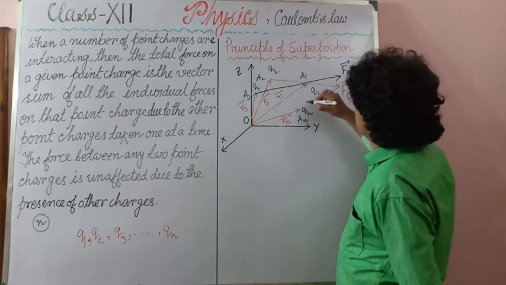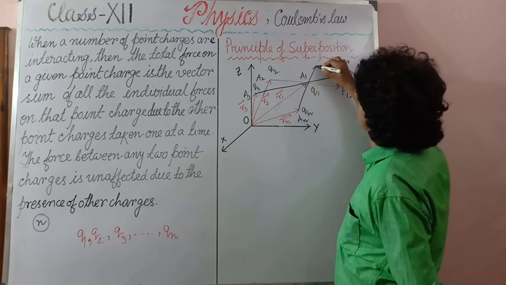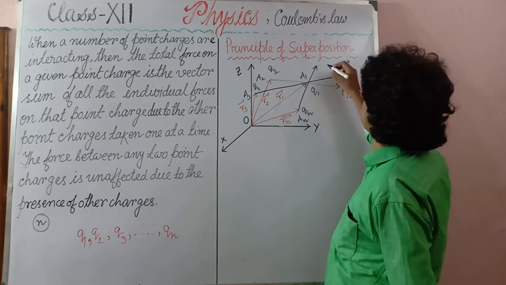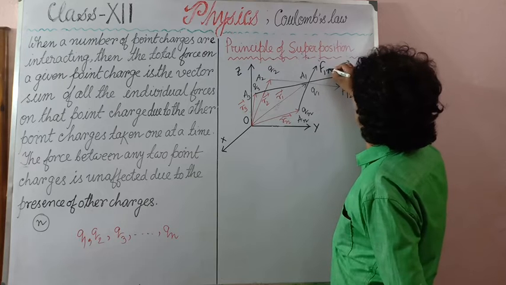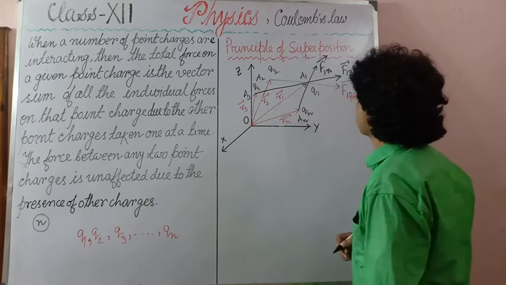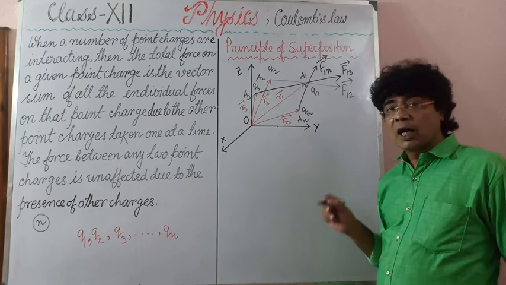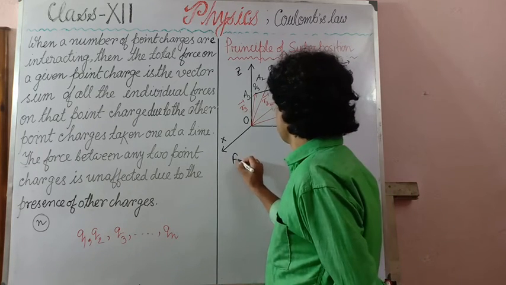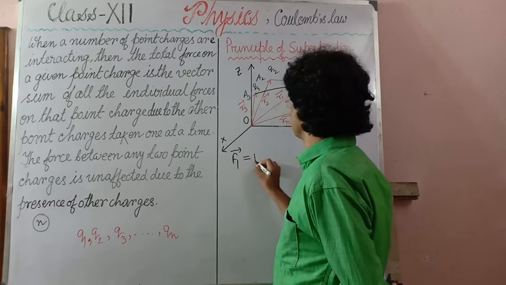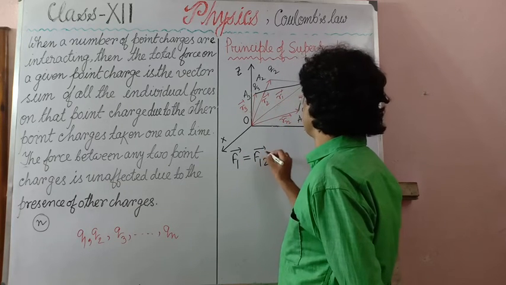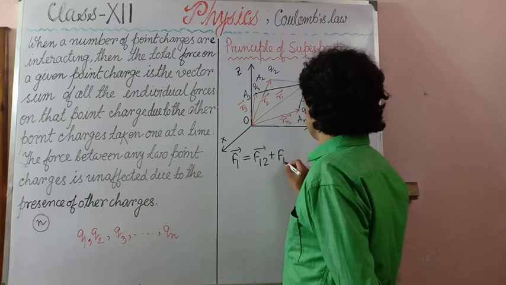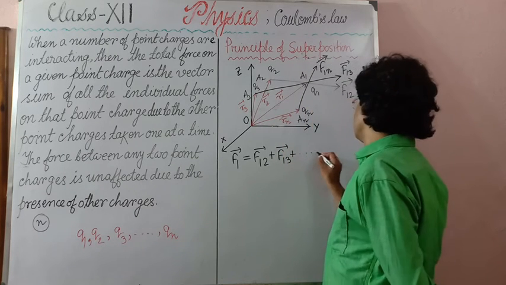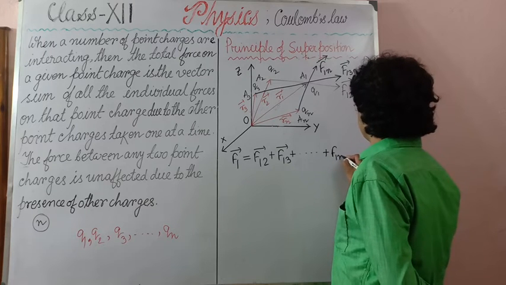Similarly, the force on Q1 due to Qn is F1n vector. So, the total force on Q1 is F1 vector equals F12 vector plus F13 vector plus so on till F1n vector,